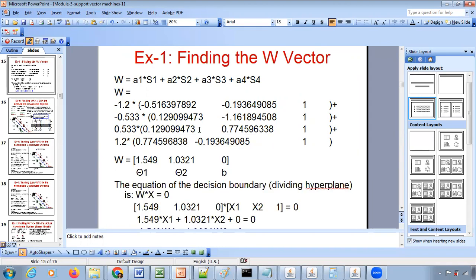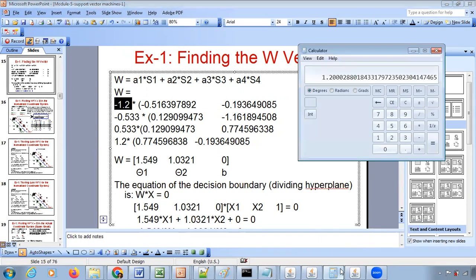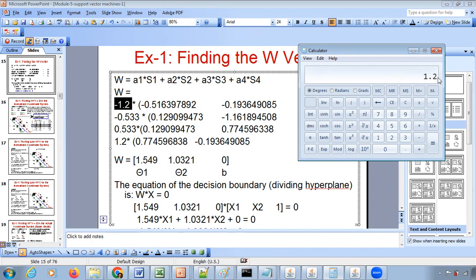So what you're going to do is multiply each term inside the vector with this coefficient, but just add the corresponding terms. So what I mean is, that's going to find each of these three terms. For theta 1, we're going to add just these first four terms multiplied with the corresponding coefficient values. So it's going to be negative 1.2. Again, you know the sign of the numbers here. So this is going to be negative times negative. That's going to be positive. So don't need to worry about the sign in this case. So 1.2 times